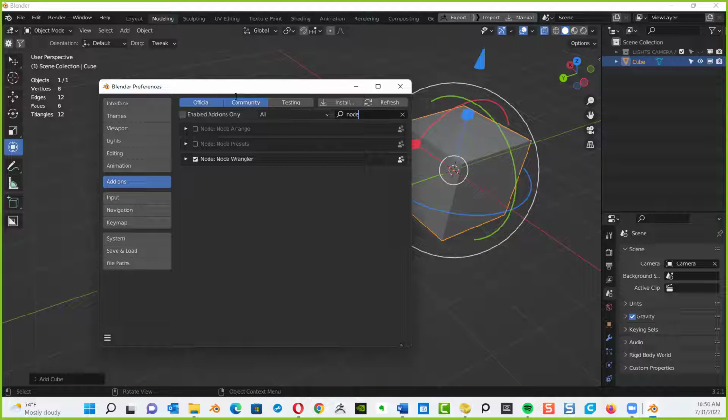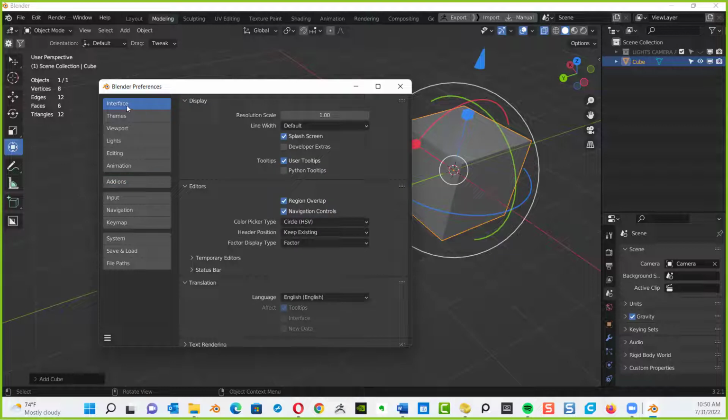I was having trouble at the beginning in the preferences as far as the interface. I missed that up to the point when you started on add-ons. Okay, so you want me to go back to the interface? The interface was resolution scale. If you watch my screen, you're going to keep yours default 1.